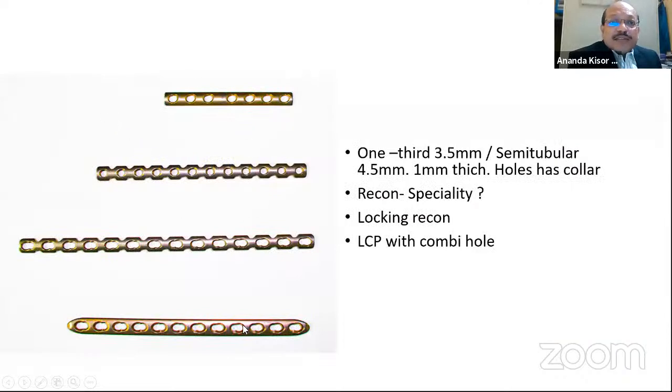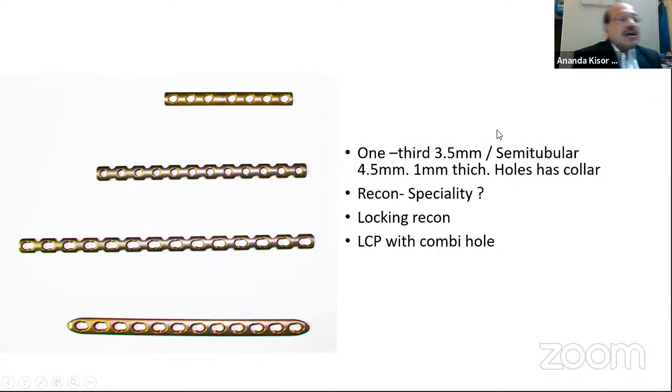Now, what are the plates we have to identify? These are the plates we are given. This is the 1/3 plate, the 1/3 curved plate, and there are some semi-tubular plates. The 1/3 plate should be used for the 3.5 millimeter screw, whereas a semi-tubular plate should be used for the 4.5 millimeter. But surprisingly, the thickness is very small. It is 1 millimeter thick,